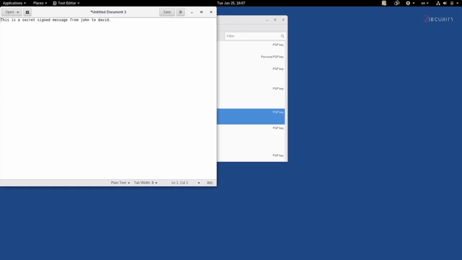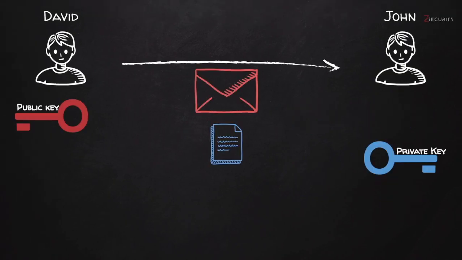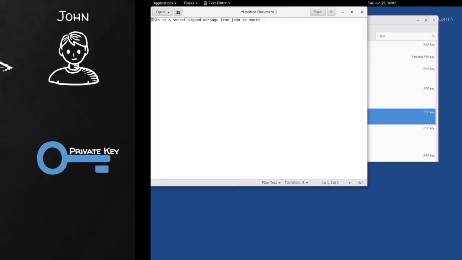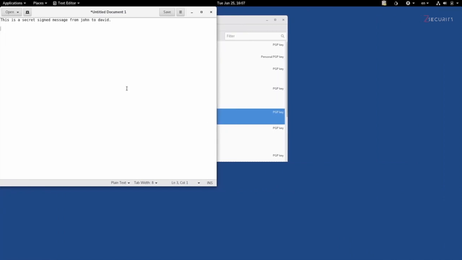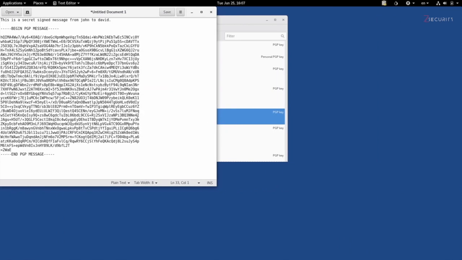And as you can see right here, the icon of the clipboard changed to a lock, which means that now in my clipboard, I have the encrypted message along with the signature. So I know in my diagrams in here, when we were sending the message, I said we're going to send a message with its signature, but in reality, both the message content and the signature is all going to be one block of text. So if I'm back here at my text editor and just paste whatever that is in my clipboard, you'll see we'll just get one block of text that contains the content of the message and the